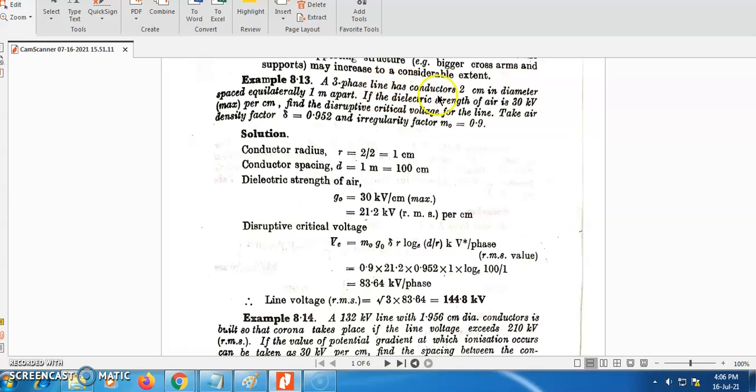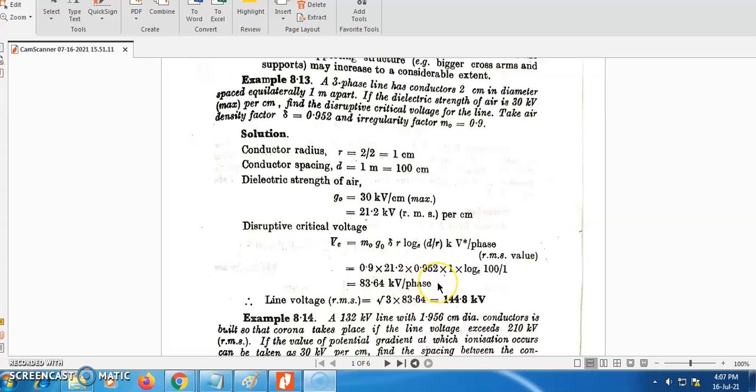The conductors are 2 centimeter in diameter, equally spaced, right? The given conductor diameter is 2 centimeter, and that's why the radius of the conductor is 2 by 2, it is 1 centimeter, and 100 divided by 1 in log e will give the log of d by r. And now when you solve all those things, the voltage is 83.64 kV per phase,